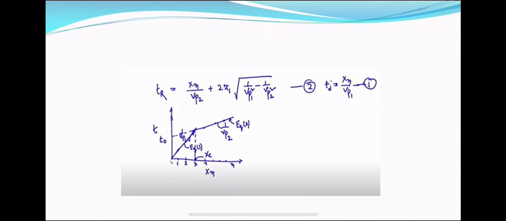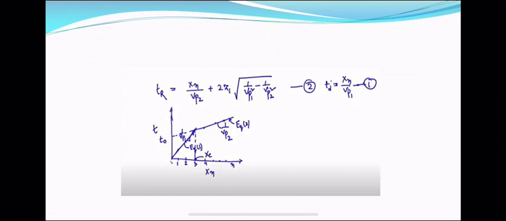Suppose this is the first, second, third, and up to the nth geophone. We will get this type of point. If I join these points, we will get this type of curve, which indicates that this part will follow equation number 1 and this part will follow equation number 2. If I extend this line, this will give the critical distance Xc, where both rays reach at the same time.